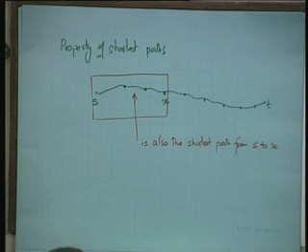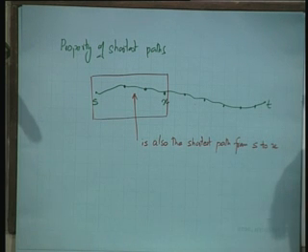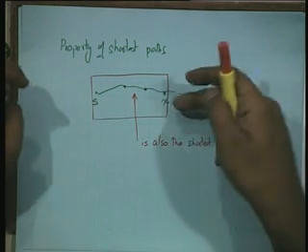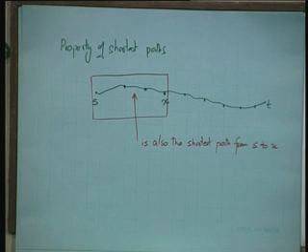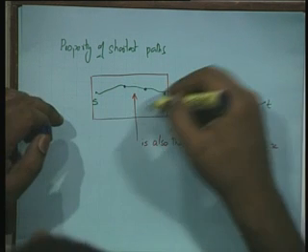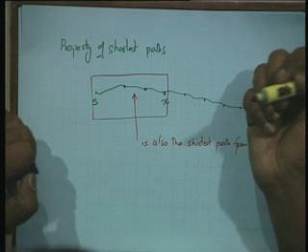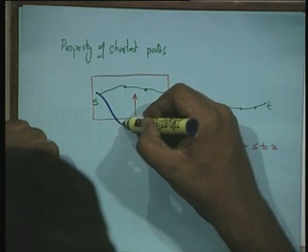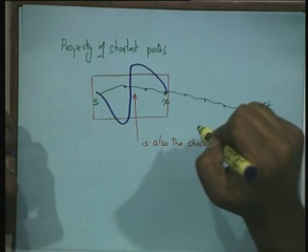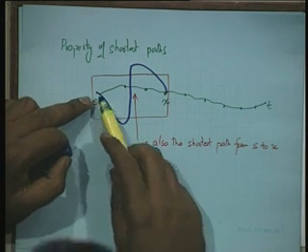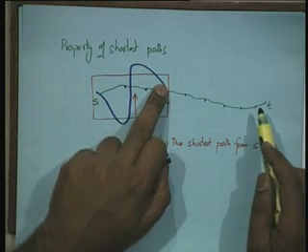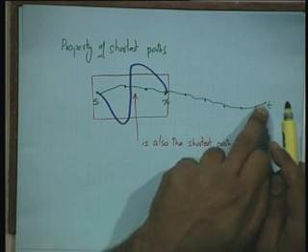Why? We are saying this is the shortest path from S to T, right? Why should it also be the shortest path from S to X? X is any arbitrary vertex. So we are trying to arrive at a contradiction. Suppose there were a better path between S and X, right? This path goes around more, but it is shorter. Then the claim is that the shortest path between S and T is this blue path from S to X followed by this green path from X to T.